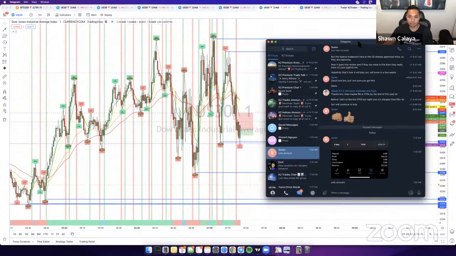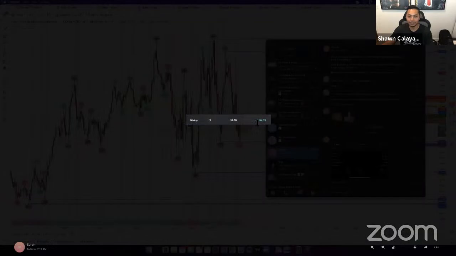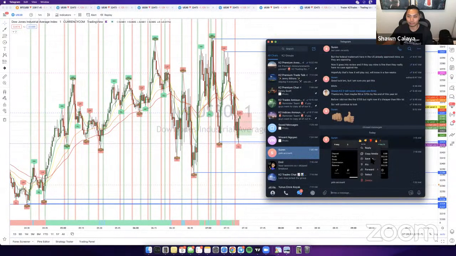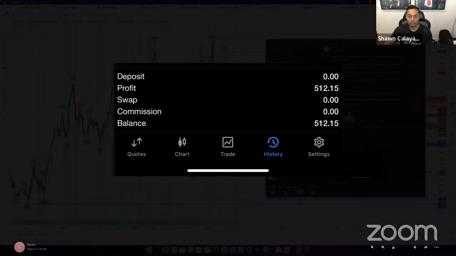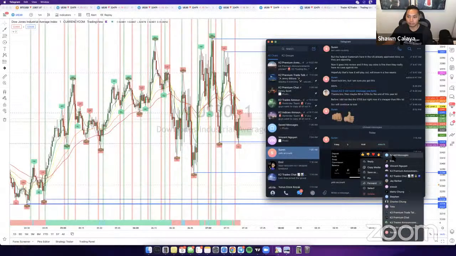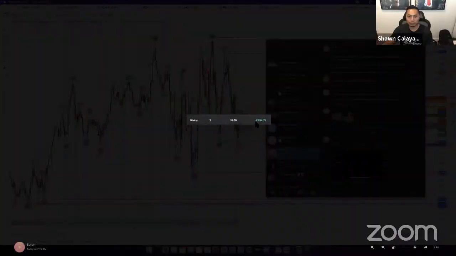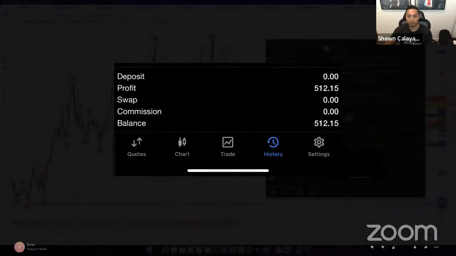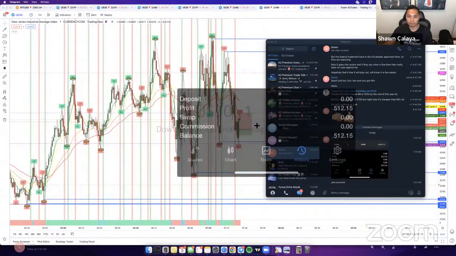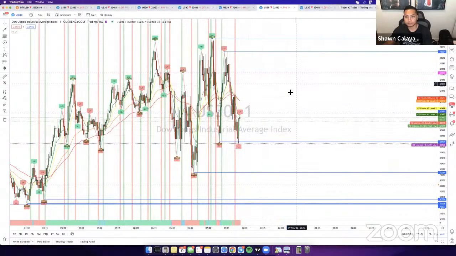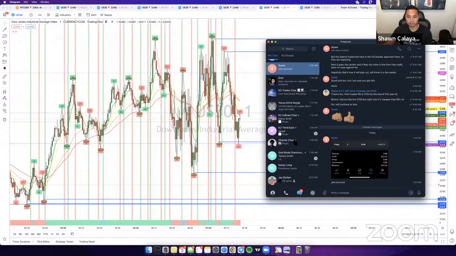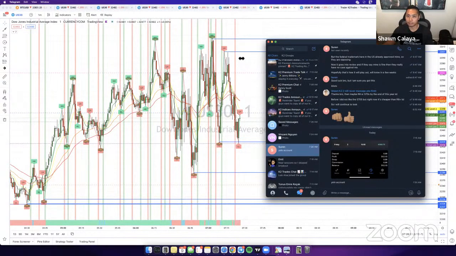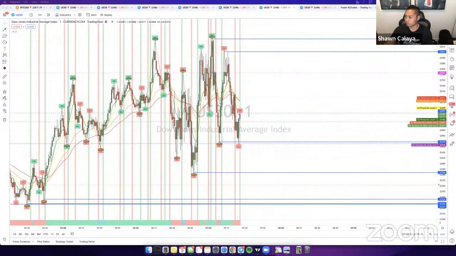Cern over here said his YOLO account made 994 off the trade that just happened not too long ago. So great work right there, Cern. Total profit of 512 off his main account, so, or 900, basically 1,000 euros off his main account. And then his YOLO account, he made like 512 euros. So nice work right there, Cern. If you guys have any more profits, go ahead and send them in. I'll add them to the list. Other than that, I think that's it for right now. Let me see if I'm missing anything else over here.